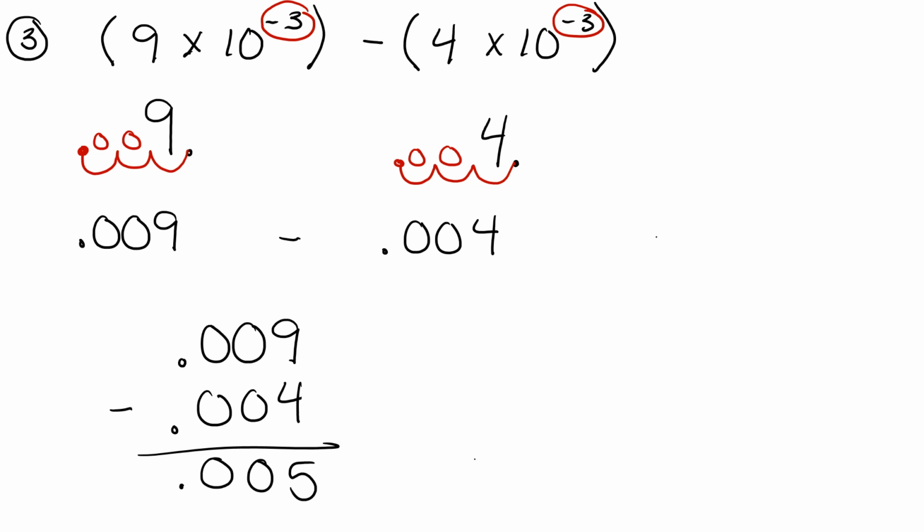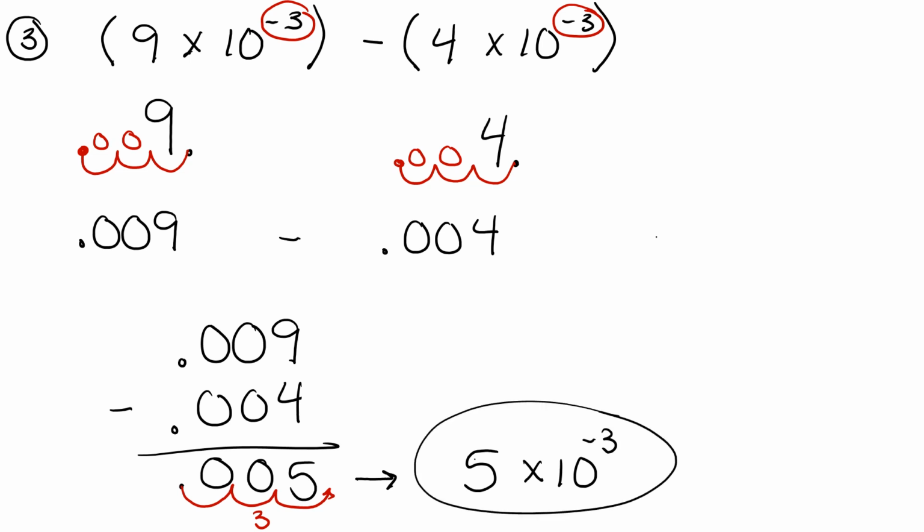We want to write the answer in scientific notation, so we move the decimal point 1, 2, 3 times. And so our answer becomes 5 times 10 to the negative 3rd power. It's a negative 3 because the zeros in the front are representative of a small number, so we use negative